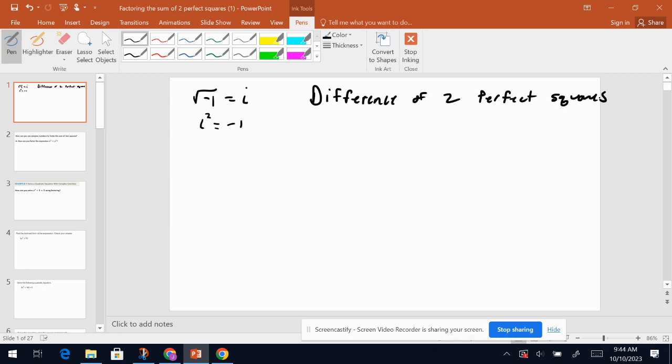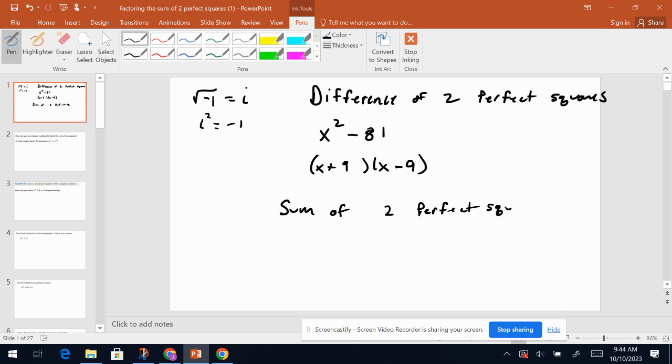So there were problems that looked like this: x squared minus 81. And I asked you to factor this. This factors to x, and one is a plus and one is a minus, and then you take the square root of this number, which is 9 and 9. So this would factor to x plus 9, x minus 9. That's how it's factored. Well, the sum of two perfect squares,